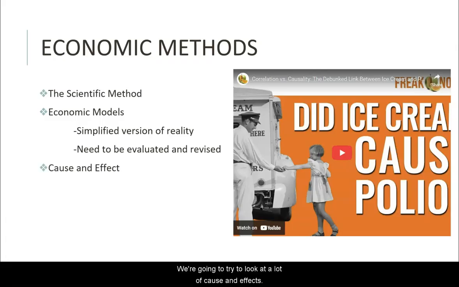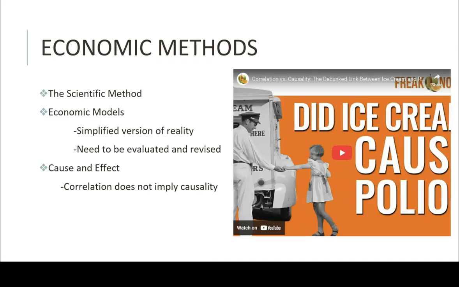We're going to try to look at a lot of cause and effect. So prices went up because consumer income changed. It can be tricky though, because just because two things are correlated, meaning they go together, consumers have more money and then they spent more, doesn't necessarily guarantee that one thing caused the other. In this video, which I will also link a clip to,